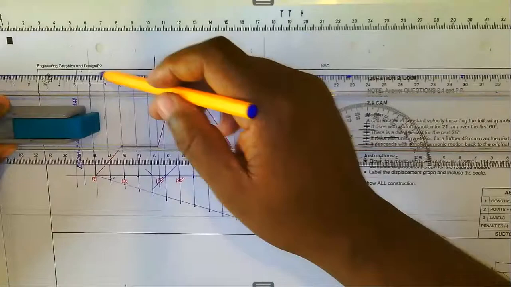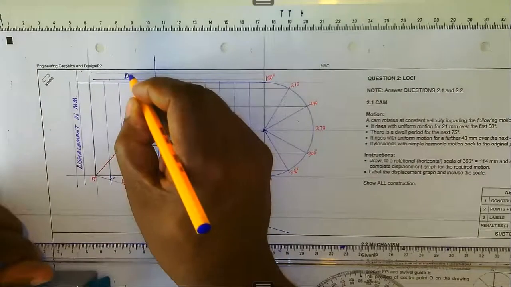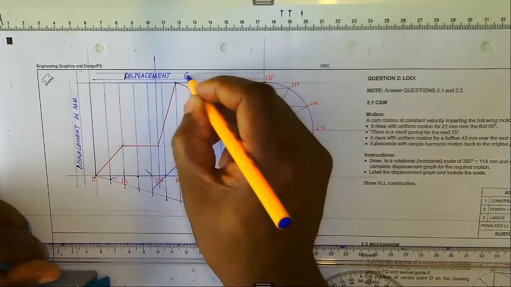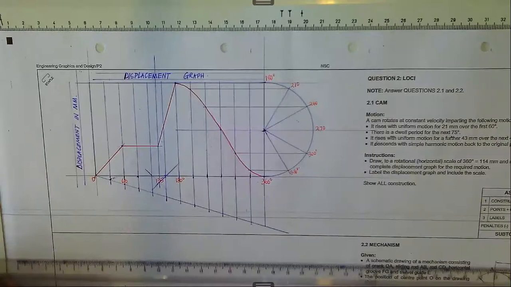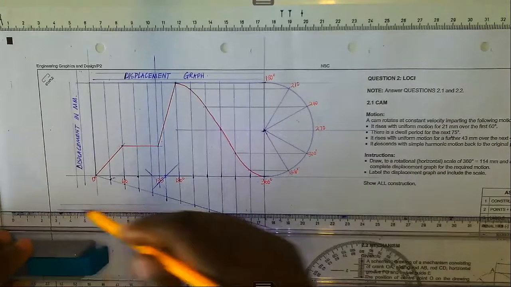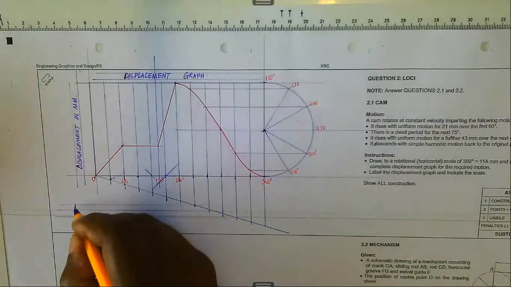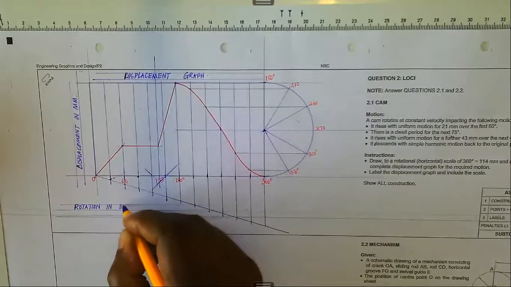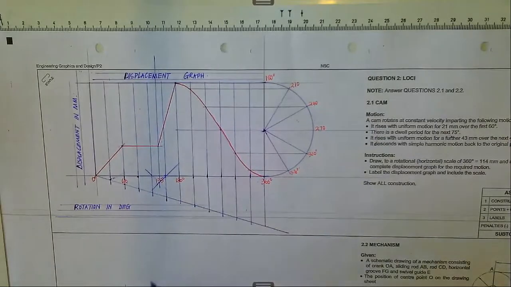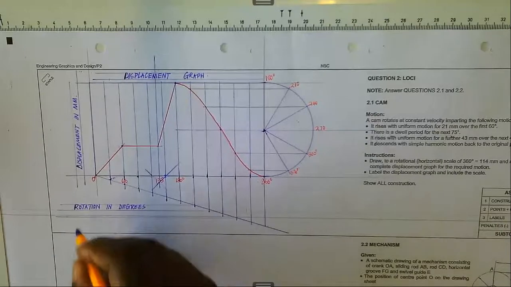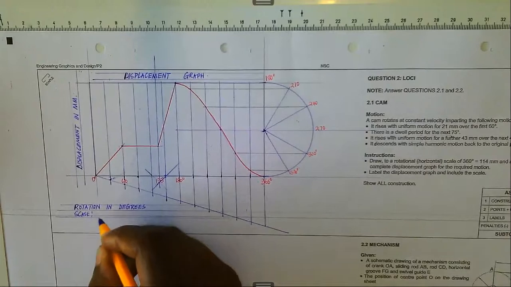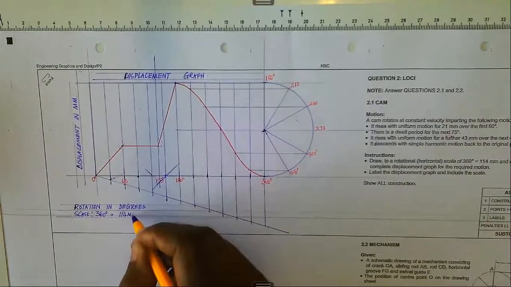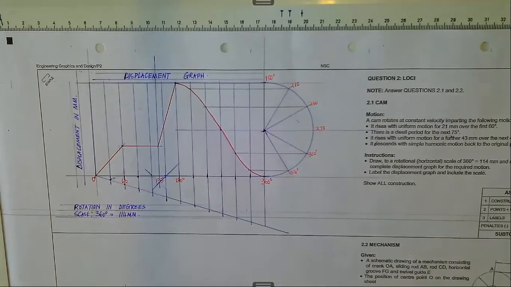So I'm going to do all of them such that you would look at the marking scheme. Displacement graph, okay? Then you also come here, you write rotation in degrees, and the scale is 360 degrees is equal to 114 millimeters, like that. Right, you'll be done. You will be certain that you'll get those